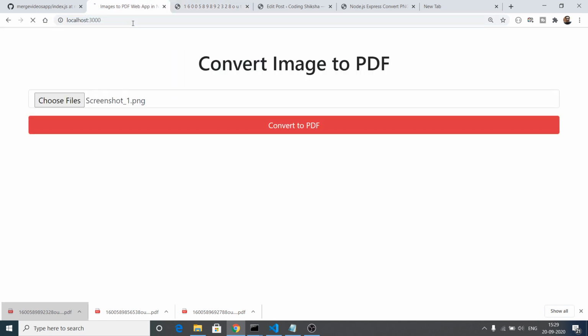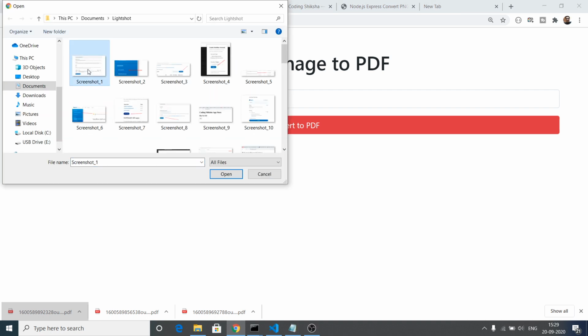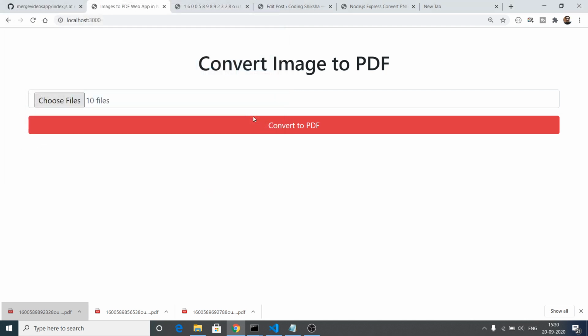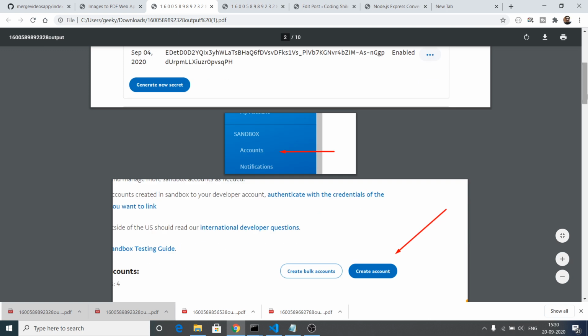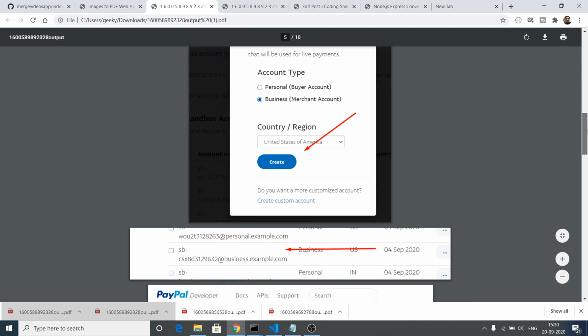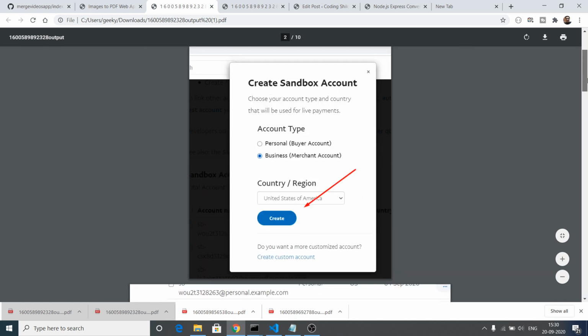We can even select multiple images. Let's suppose instead of one image, we can select this whole set of images. So we are selecting 10 images. You can see 10 files are selected, and if I click convert to PDF, it will again repeat the same process, upload these images, convert them using ImageMagick, and it will download a single PDF file. If you open this, you will see these 10 images are embedded in their respective pages. So in each page we have one image inside the PDF document. So it's a great web application that you can use on your website also.